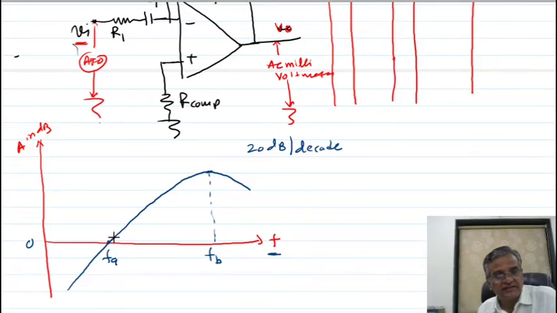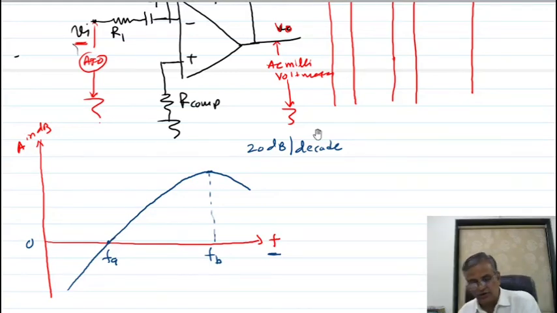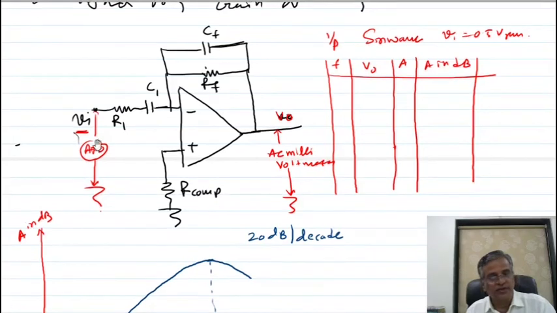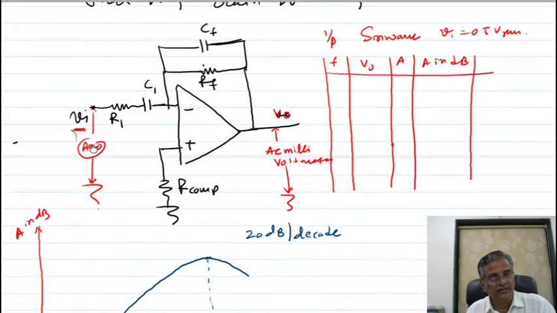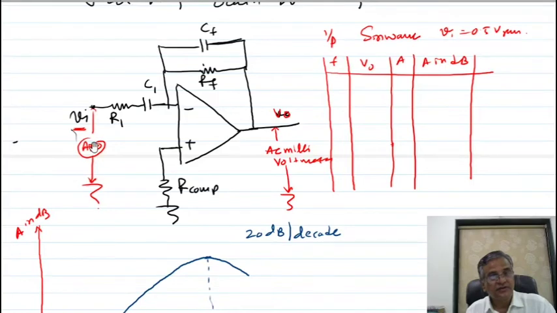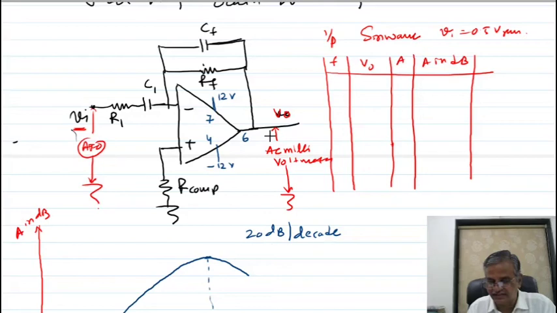So in practicals you have to vary this FA and note down the gain. You have to plot the graph. Listen again: in practicals, at A4 you keep a sine wave, keep your input voltage 0.5 volt. This practical you have to do on a breadboard. You already know this: pin number 7 is the 12 volt supply, pin number 4 is the minus 12 volt supply. You have to connect pin number 6 as the output voltage. This is pin number 2, this is pin number 3.